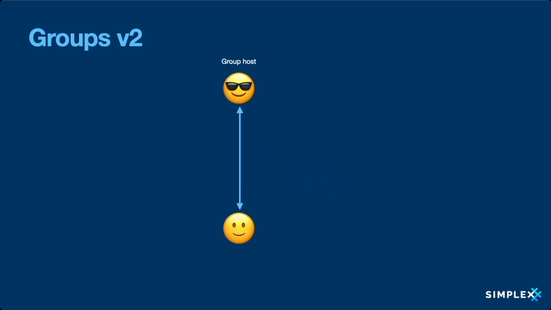So in the second version, some of the users will be hosting the group. Let's say I want to create a group and I become a group host, and whoever joins the group connects to me. And if somebody else joins, they also connect to me. And they're both happy because they don't have to connect to each other. They just have to send messages to me, and I have to forward these messages. So everybody's in a happy state, and actually there are fewer connections.